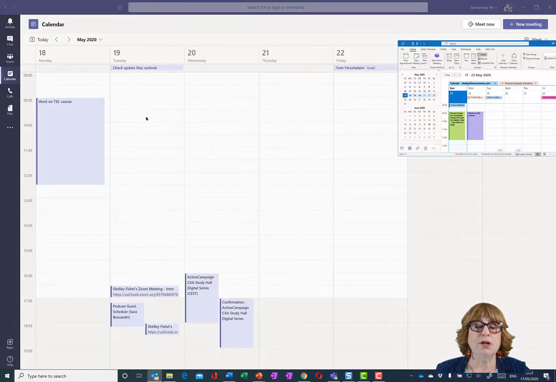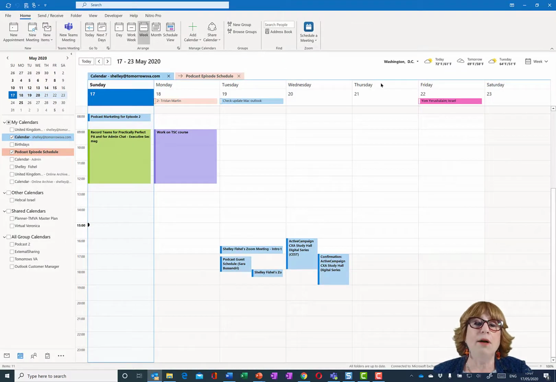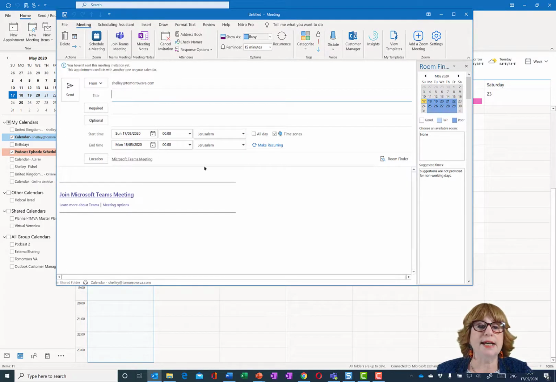So now I'm going to bring across my Outlook calendar and I'm going to show you how I would set up a new Teams meeting from Outlook. When you saw the calendar in Teams, that was my calendar that you could see. Now I might be managing somebody else's calendar and I want to create a Teams meeting. So I'll click New Teams Meeting from their calendar. And then I can set up the meeting and you'll see it adds the Join Teams Meeting shortcut, which it would have done in Teams as well, but I didn't actually go so far as to create the meeting.